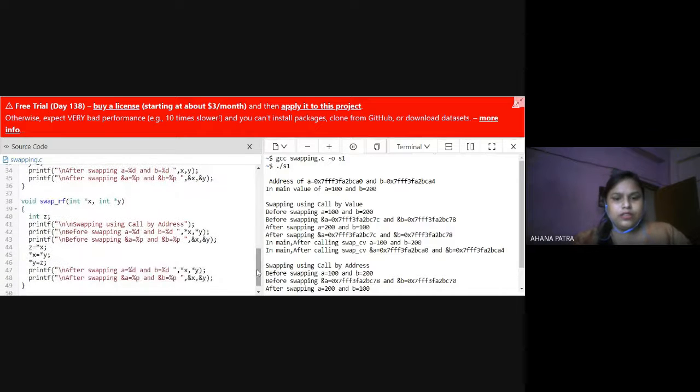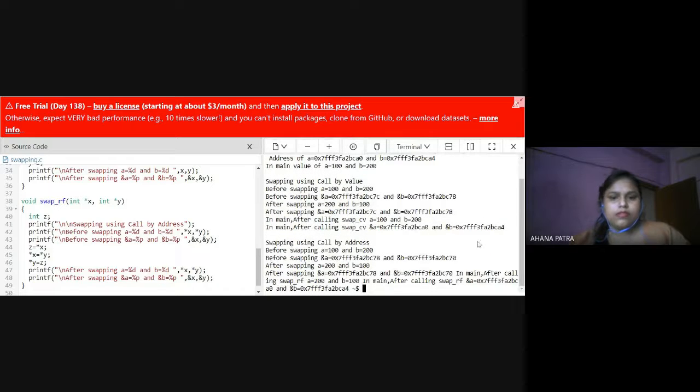Now the next part, that is swapping using call by address, or sometimes it is called call by reference, because we do not interchange the values, we pass the address. At first you can see that the values of x and y are the same, a equals 100 and b equals 200.